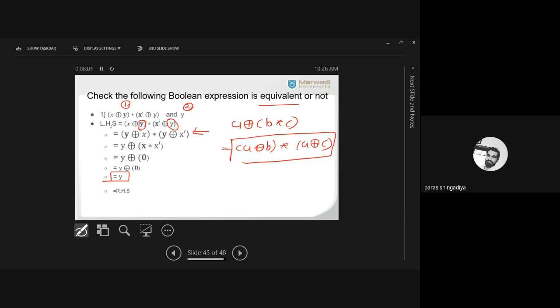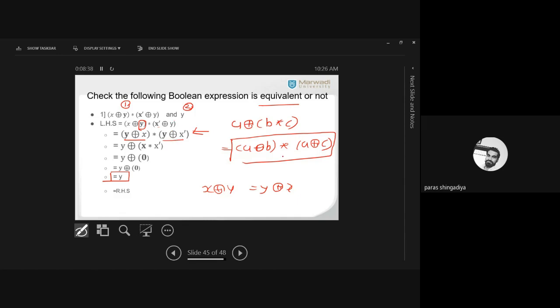ठीक है, so I just rearrange both the brackets because we know that x ring sum y is equal to y ring sum x. There is no different answer. ठीक है, अगर x ring sum y का आंसर वो सेम होगा y ring sum x का आंसर. ठीक है, so both are equal, so we can replace x ring sum y by y ring sum x. ठीक है, x ring sum y by y ring sum x. And second, x dash ring sum y का आंसर कंसिडर होगा y ring sum x. ठीक है, x ring sum y can be written as y ring sum x, and x dash ring sum y can be written as y ring sum x dash.